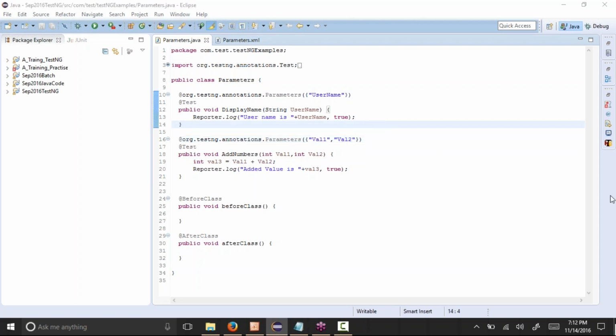Okay, so let's continue with our... In the last class, we saw how to parameterize the test, as well as